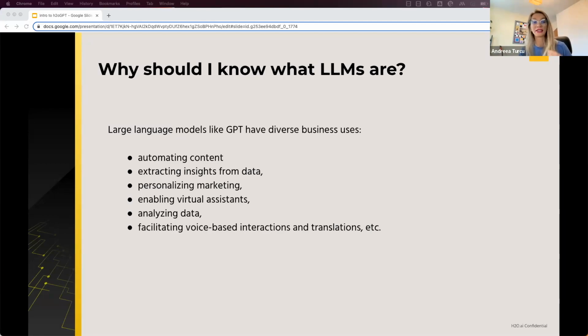So a lot of capabilities, and there are more and more applications that start using AI capabilities that include LLMs